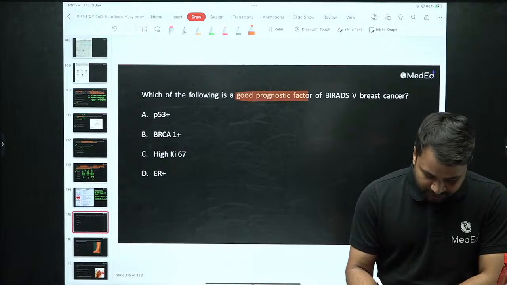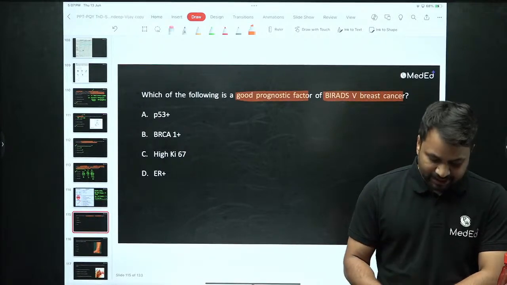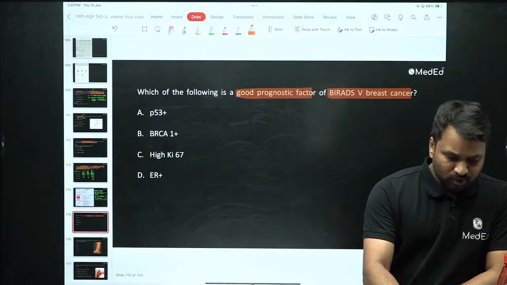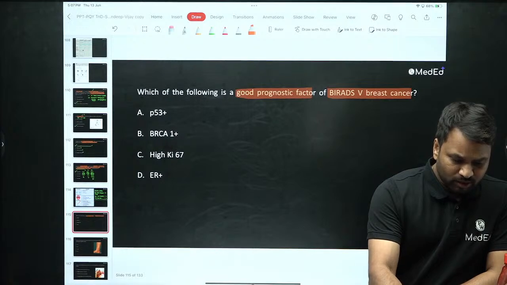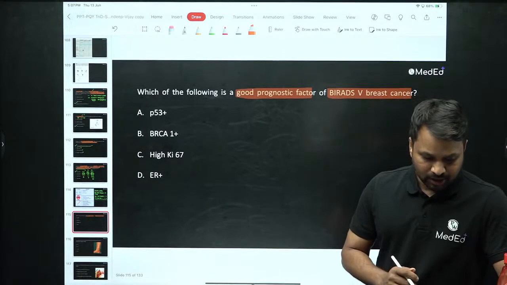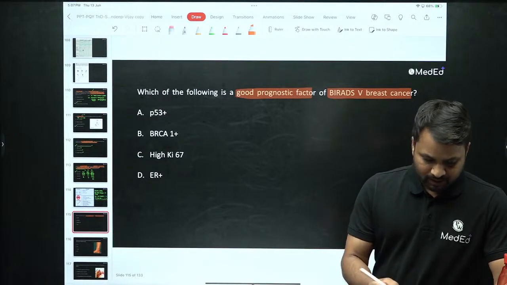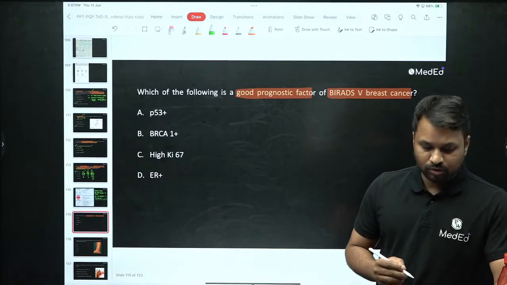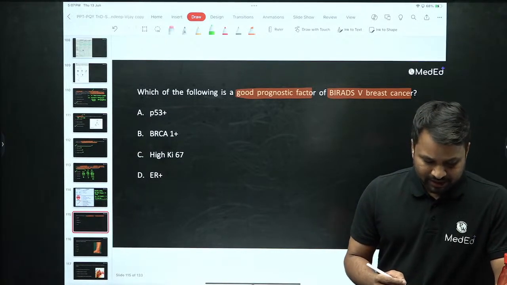Good prognostic factor for BI-RADS 5 breast cancer. Now, I hope everybody knows the BI-RADS categorization. I don't need to go through it. Do we need to go through BI-RADS or can we skip BI-RADS? You will say, sir, what will we skip, tell us. Okay, so the BI-RADS categorization is